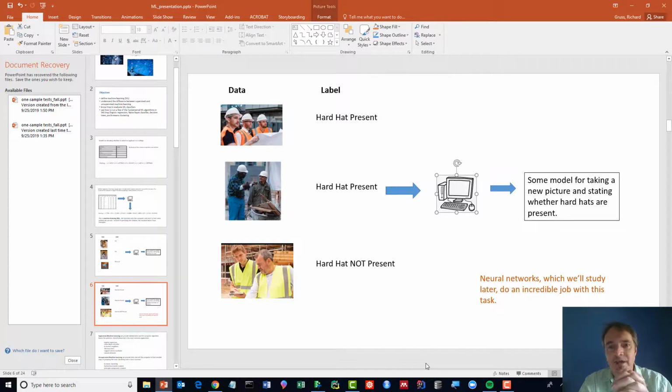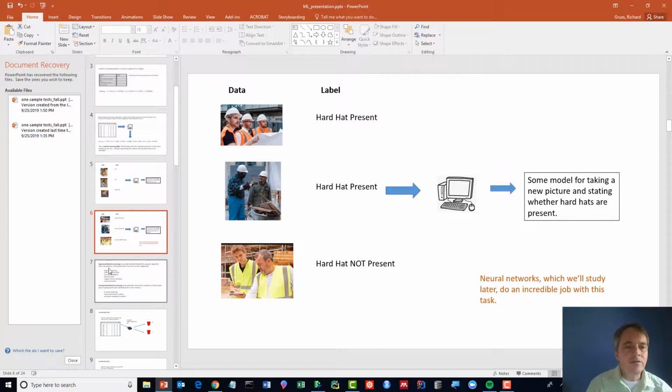This is a certain kind of neural network, a convolutional neural network, that can do a task at a shocking level of accuracy, this kind of thing. But that's for another time. Okay, so